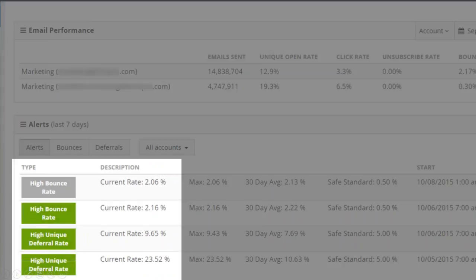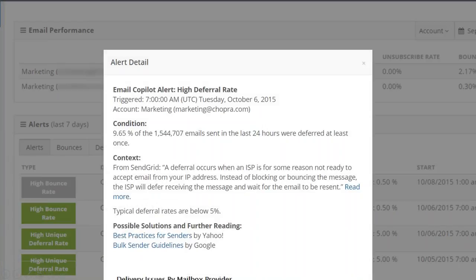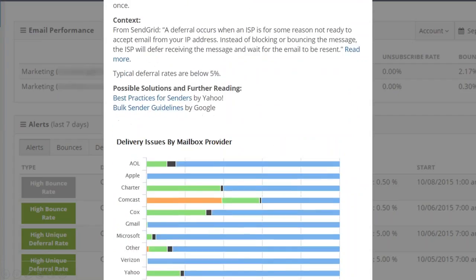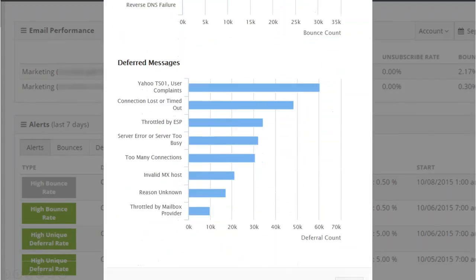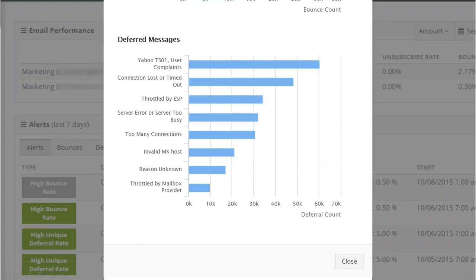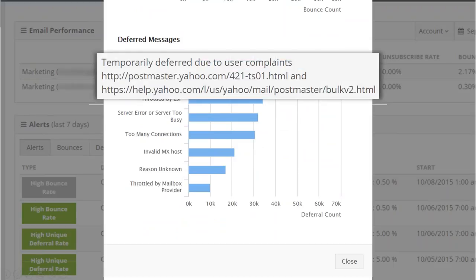The second problem we're going to focus on is the high deferral rate. Again, some contextual information to get you started. Then we scroll into some detail. And also you can see Comcast is blocking here, and it's something that we should look at, but we're really focused on the green deferrals right now. And it looks like we're getting hit pretty consistently. And digging into the data, you can see that Yahoo is providing the most information, and it's really focused around user complaints. And again, clicking through shows some links on how to resolve this at Yahoo once you take care